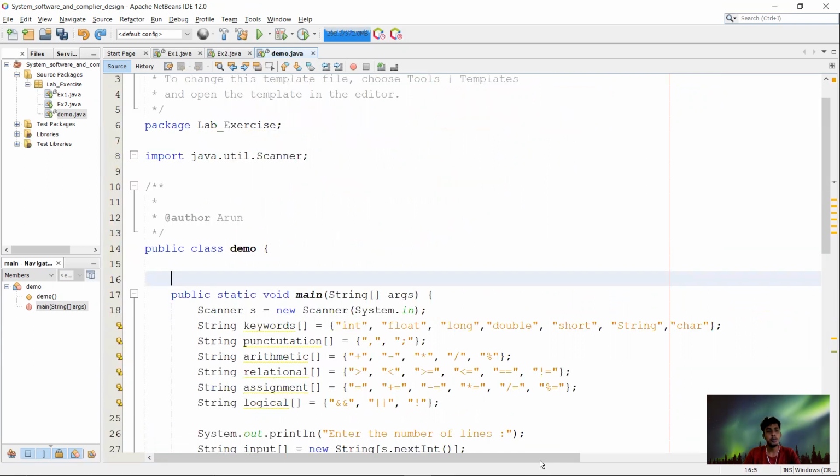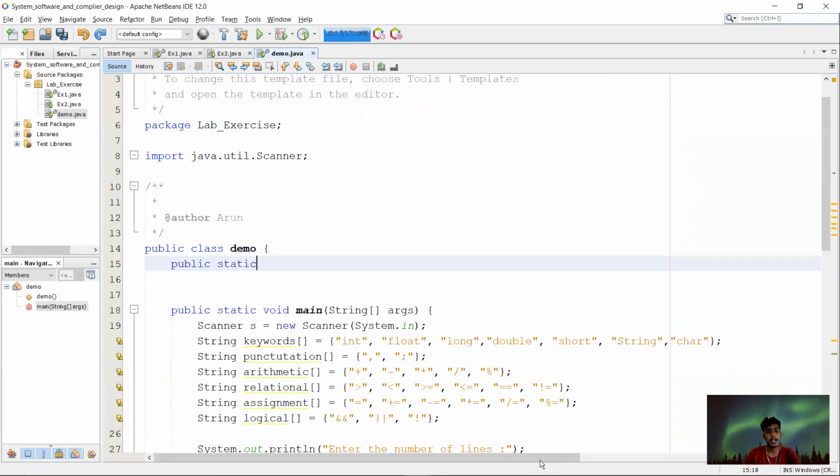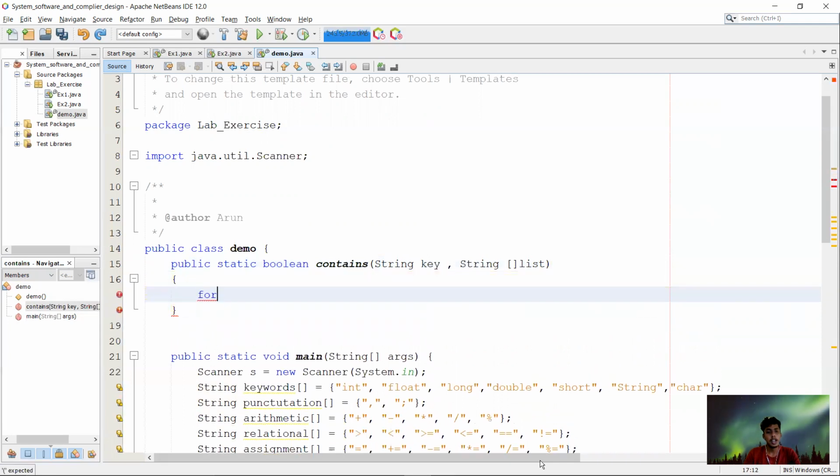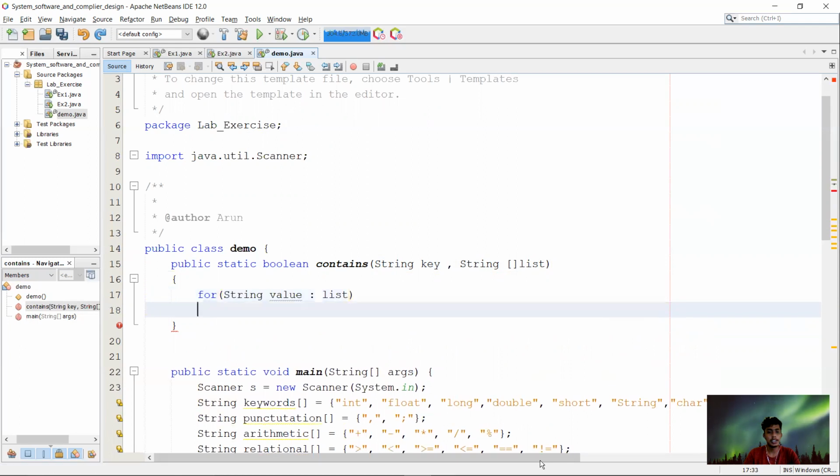Here I'm going to create one function called contains. That is of type boolean. Inside that I'm going to pass a key and a string list. Inside that I'm going to take a for loop, taking a string variable called value, and passing the list.